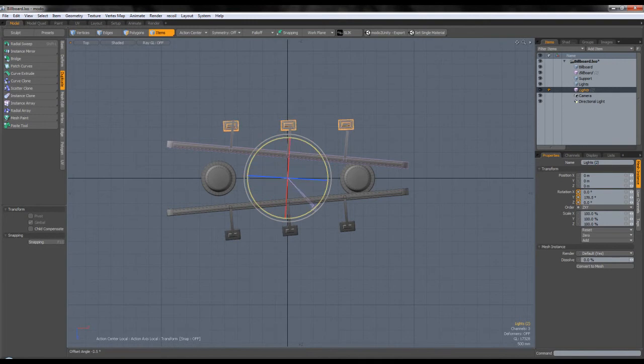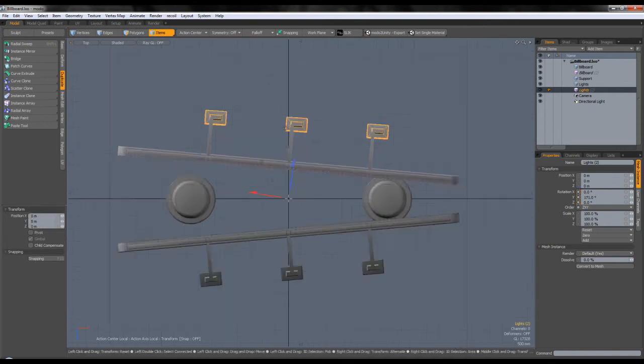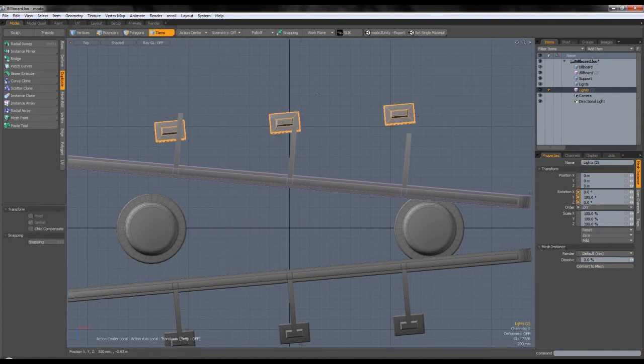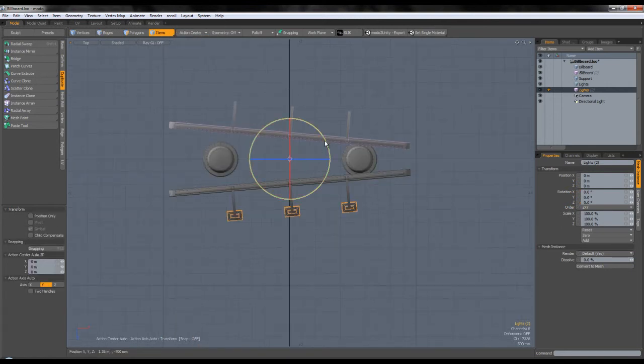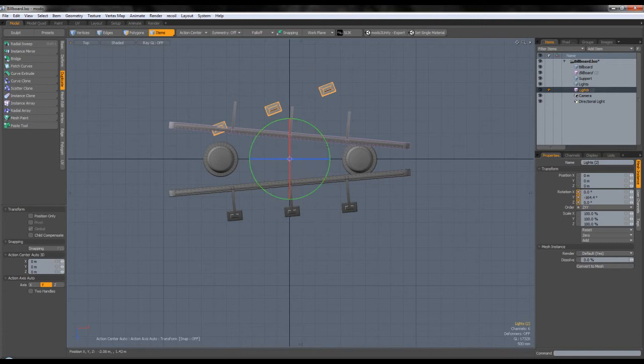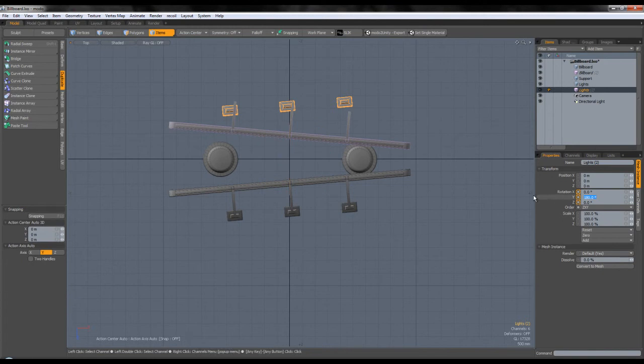and we're gonna make sure the angle is right. Oh, we need to make sure that we have an automatic action center. Okay. So rotate 180 degrees. Okay, now I'm gonna